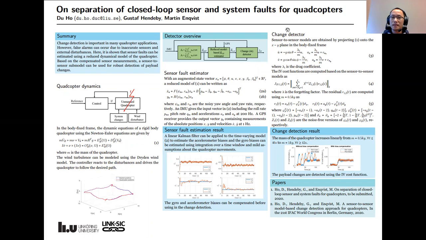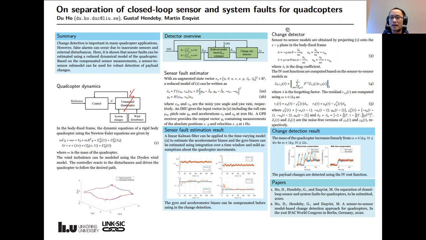So the next step is to design a change detector. First we project equation 1 onto the XY plane in the body fixed frame to obtain the sensor to sensor model in equation 3, and we use an IV, instrumental variable, cost function for detecting the mass, and the expression of the IV cost function is given in equation 4,